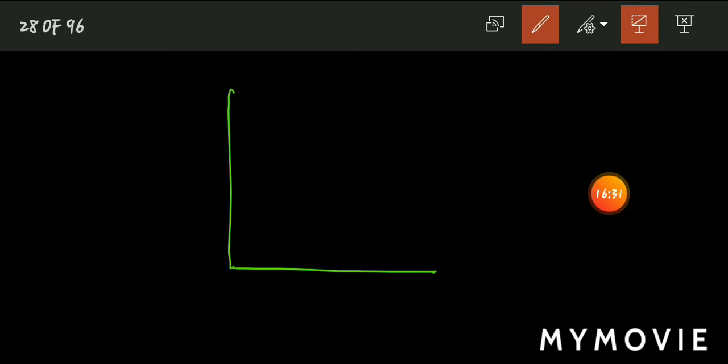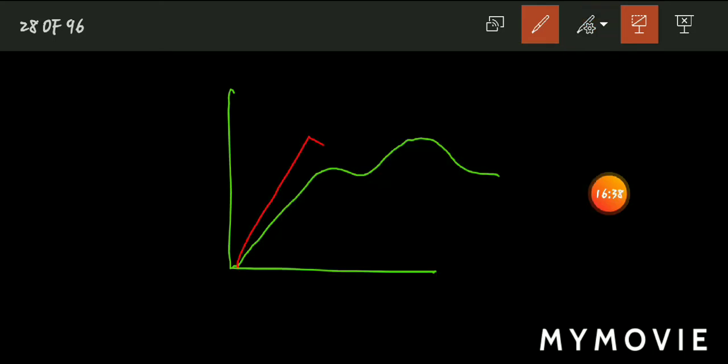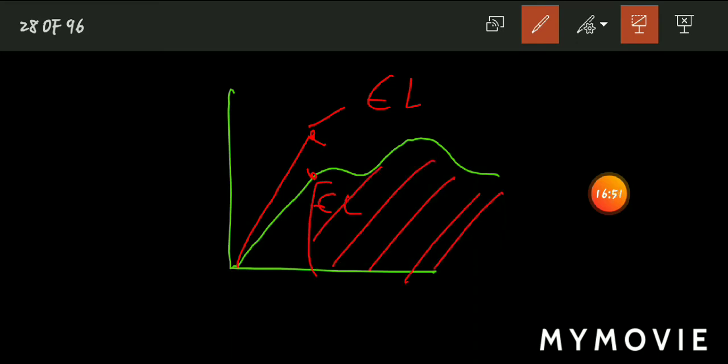Usually the stress strain curve for a ductile material will be like this, whereas for a brittle material it will be something like this. The red portion, this point, is called the elastic limit. For ductile materials there will even be a plastic portion of the graph, whereas for brittle materials, after the elastic limit, the material will fracture. That means there is no plastic portion or only a limited plastic portion of the graph. This you have to get.